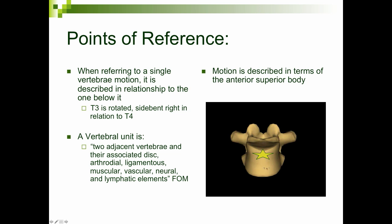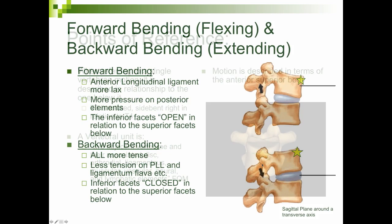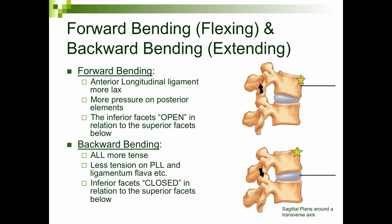So we're always naming it for where the very front part of that body of the vertebrae is going. So let's talk about flexion and extension. There's forward bending and backward bending. And again, we're always naming it for what's happening to this part right here and what it's doing in relationship